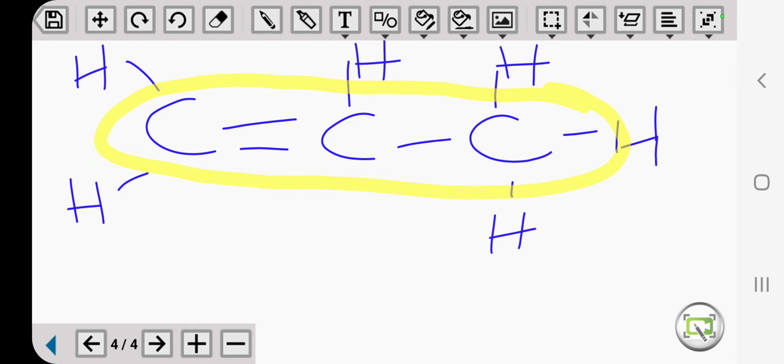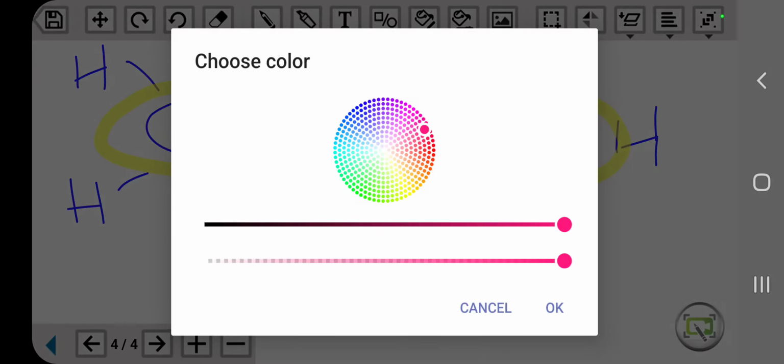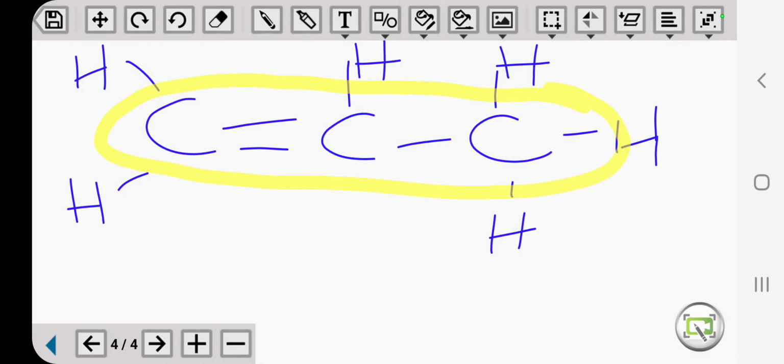All right, now something new is coming up. Because there's a double bond in this carbon chain, we have to number these carbons. Now guys, we start to number on the side where the most is happening, and that includes mainly your double or triple bonds. So on the left hand side of this compound, we have a double bond. Therefore, we will start numbering this carbon chain from left to right, because the double bond is the closest to the left hand side. Carbon 1,